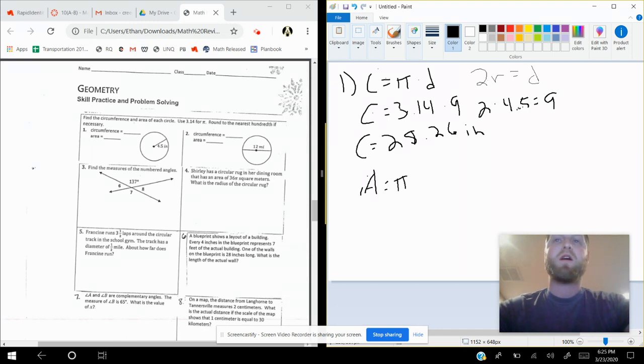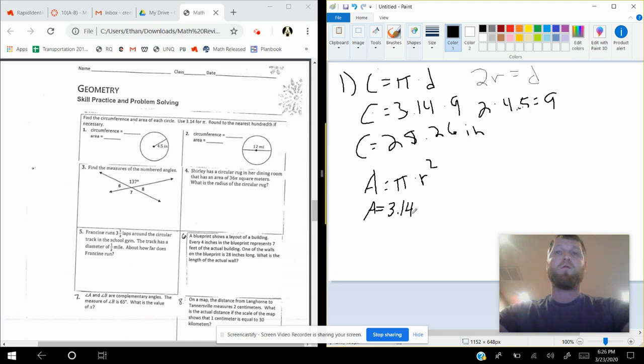equals pi times radius squared. Okay. So pi times radius squared. Radius, we're given that. 4.5 inches. Now we've got to figure out what 4.5 squared is. If you remember, exponents tell us to pretty much multiply over and over again. In this case, we're going to multiply the base, in this case radius, 2 times. So we've got area equals